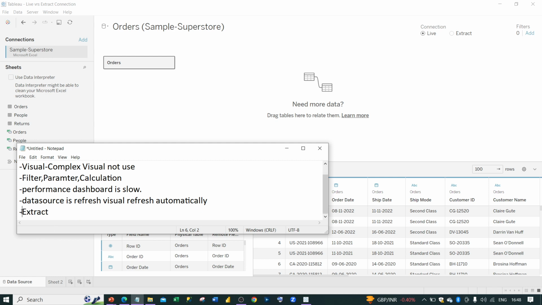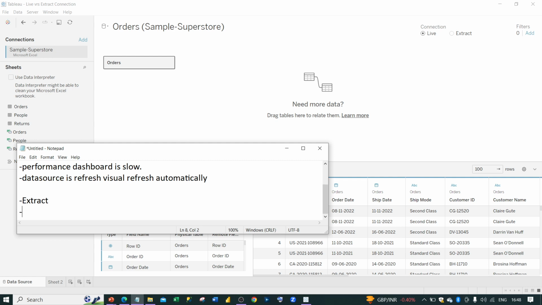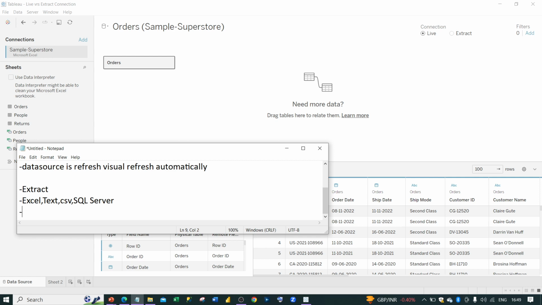Next point, extract. In case of extract, we are taking the data whatever is in our system, like system data. We have Excel file, text file, CSV file, and we have SQL Server, any server is there. So this part we are using the extract. Here complex visual we are using inside. No performance issue